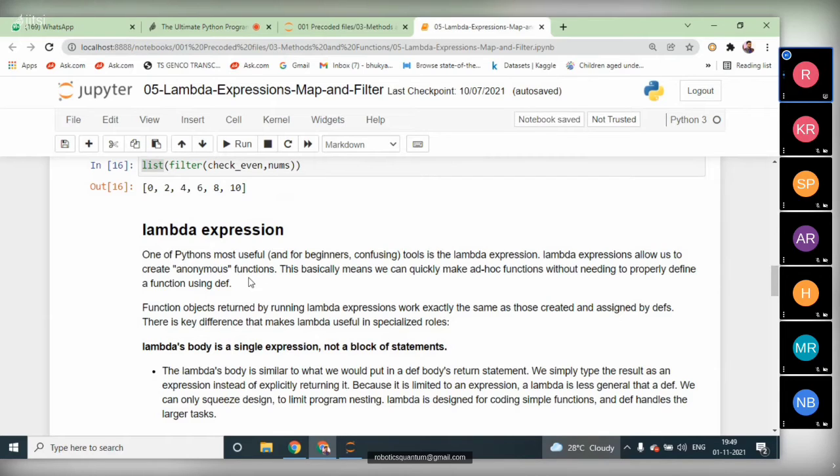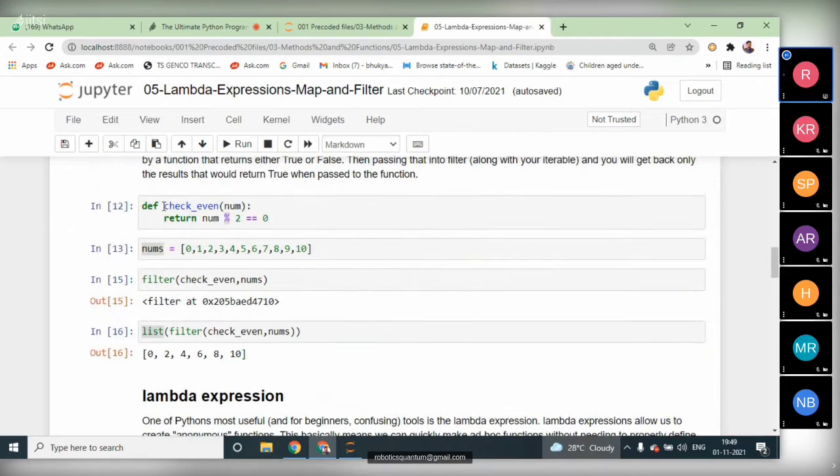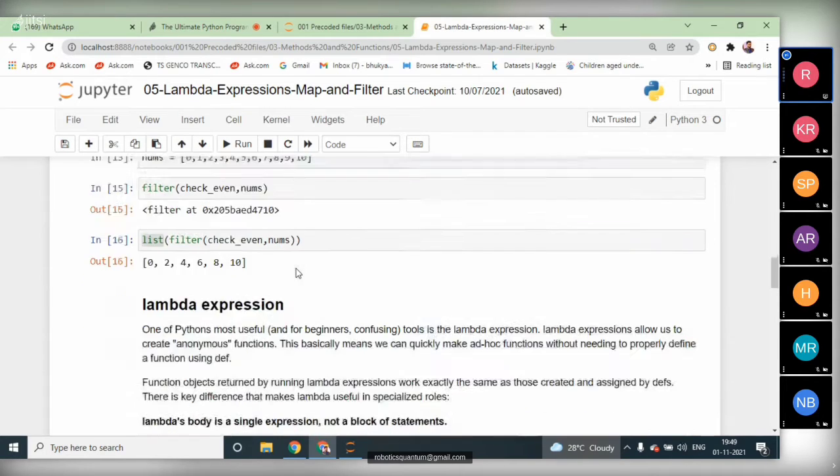Instead of using def, you can write it without needing def. In general, if you want to define a function, we need a def. Here check even is a function, and we are defining it with the help of the def keyword.